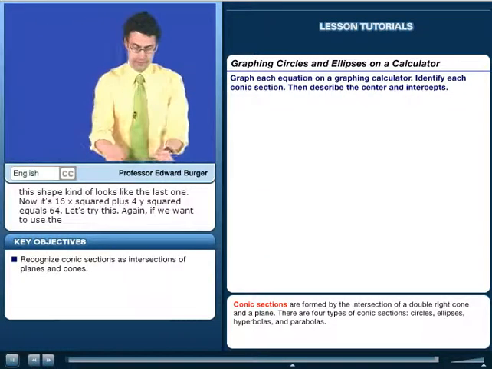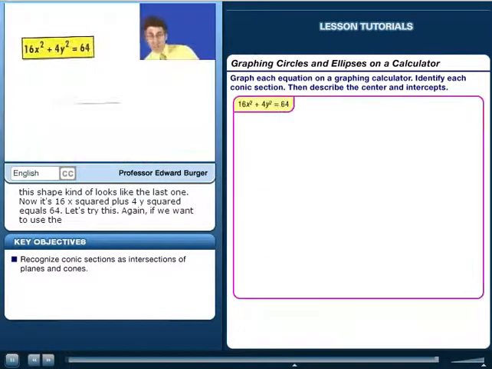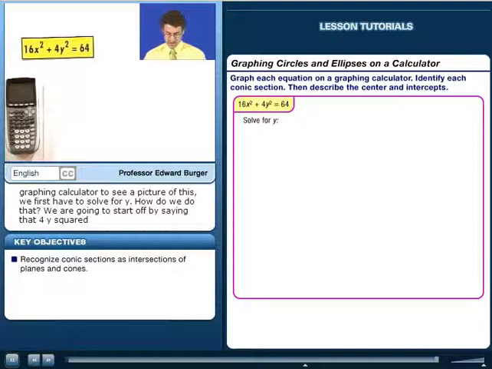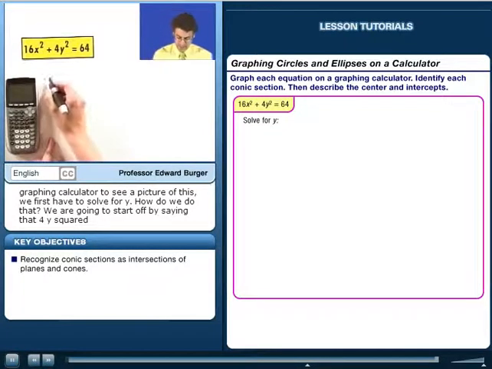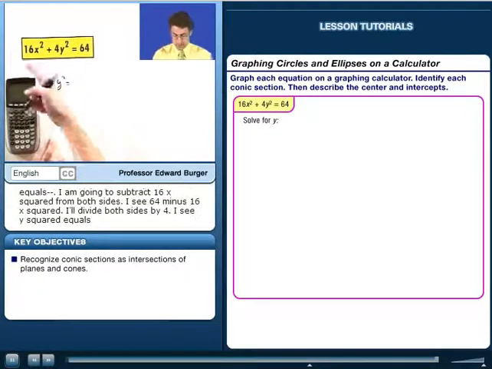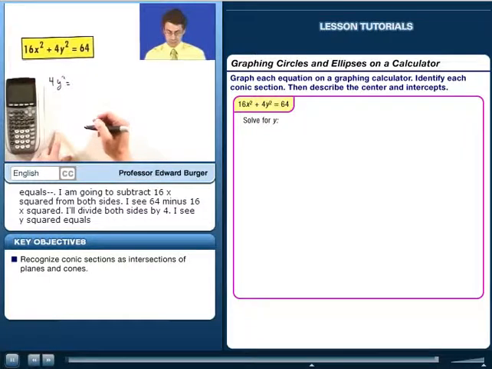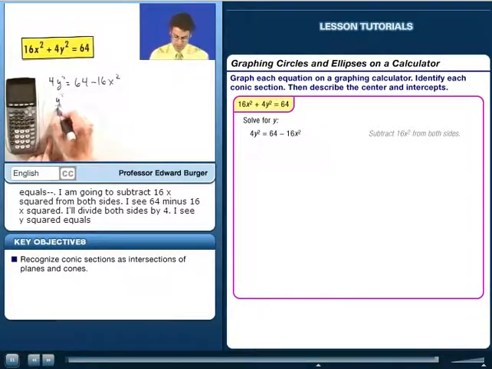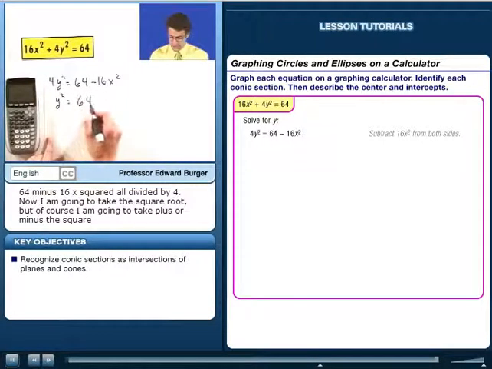So here, this shape kind of looks like the last one, but now it's 16x squared plus 4y squared equals 64. So let's try this. Again, if we want to use the graphing calculator to see a picture of this, we first have to solve for y. So how do we do that? Well, again, we're going to start off by saying that 4y squared equals, I'm going to subtract 16x squared from both sides, and I see 64 minus 16x squared. I'll divide both sides by 4, and so I see y squared equals 64 minus 16x squared, all divided